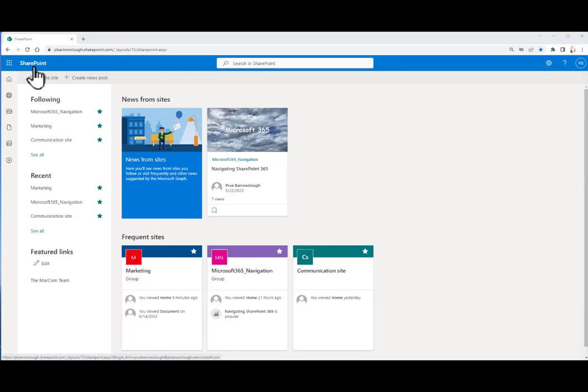SharePoint Online is a Microsoft web-based application used by corporations and governments to create websites or intranets, which can then be used to share, store, and organize content and information. And because it's web-based, as you can see up here on the URL, this means that all your work can be done on any device, such as an iPad, an Android, a smartphone, PC, laptop, as long as they have